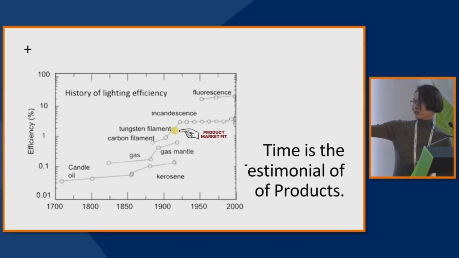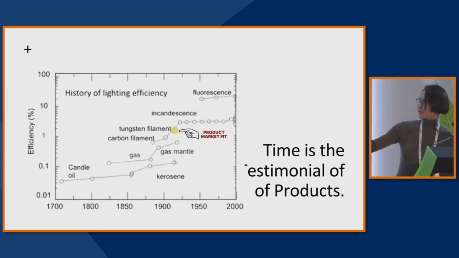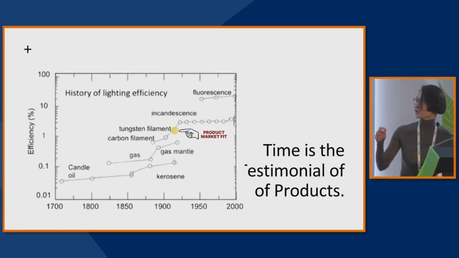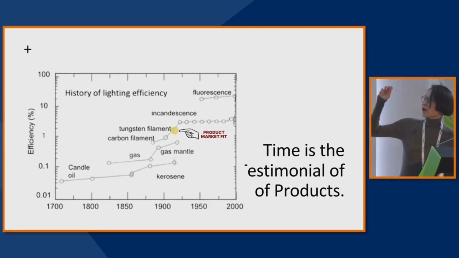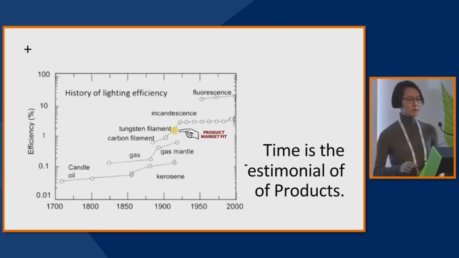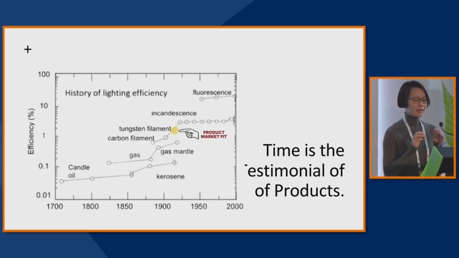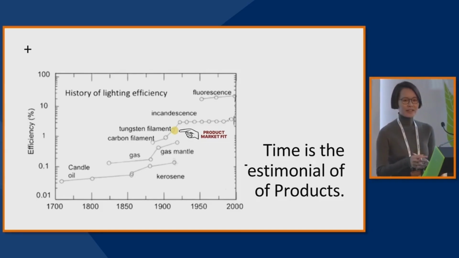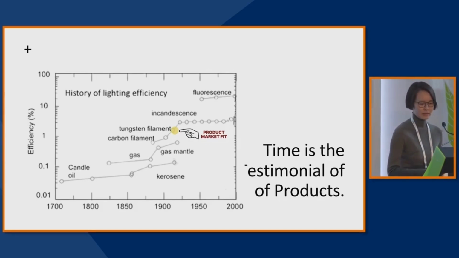So 300 years ago, only the rich and noble were able to use candles, because it was too expensive for normal folk like me to use candles every day. But when the oil pipeline was invented and more people started to use kerosene or gas as a lighting source, and then you have the light bulb and then LED, only when the efficiency finally passed the effort put into the light source, that's when light found its product market fit. And that's when the adoption started.